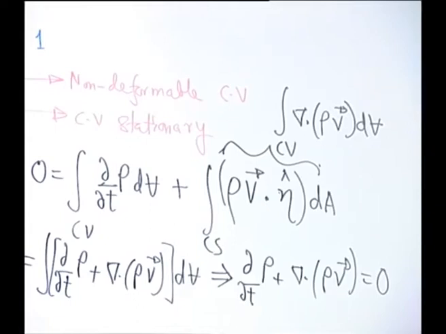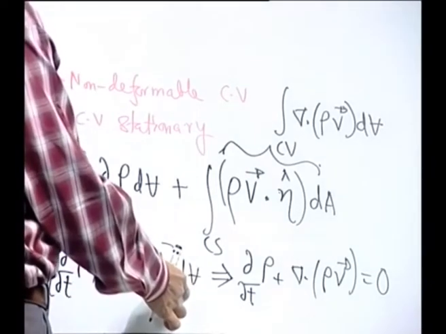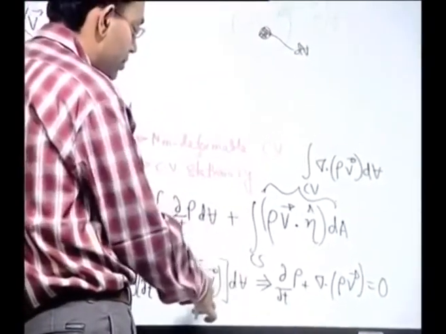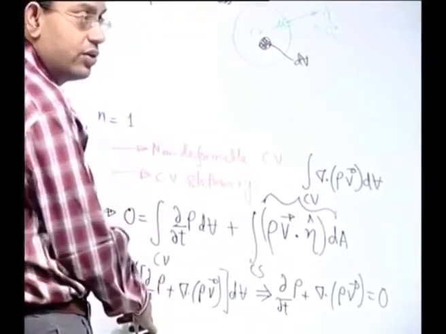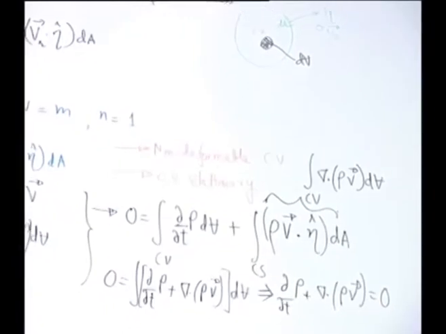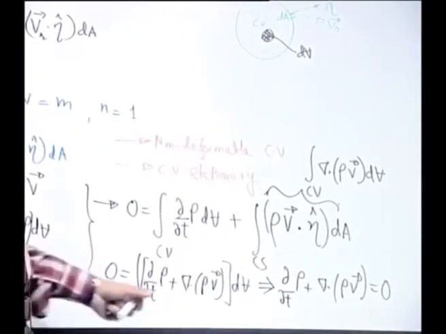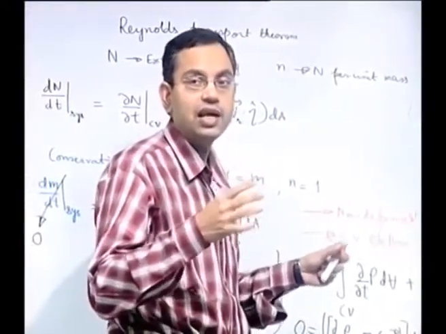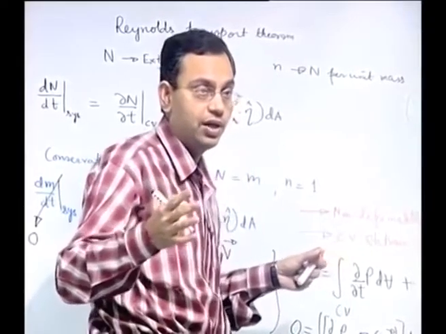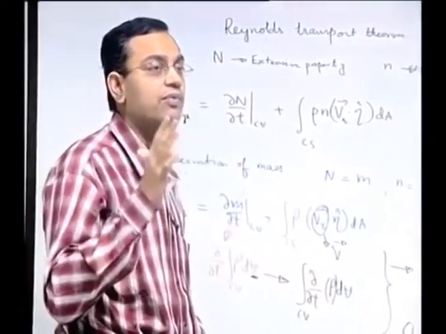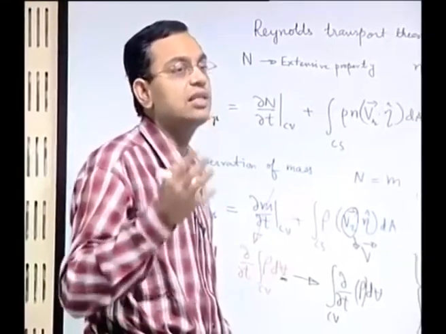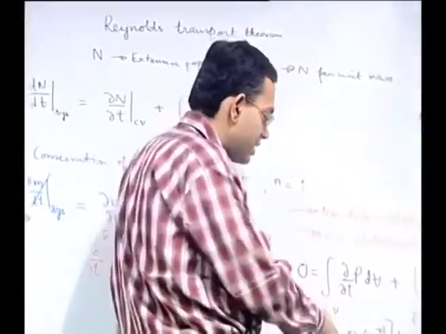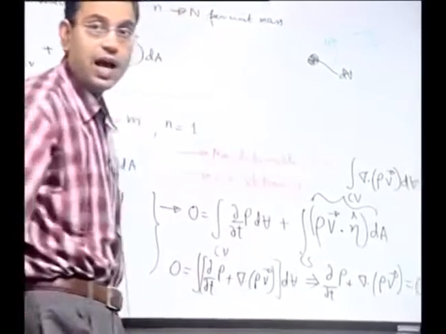So, we have to keep in mind that if the choice of this elementary volume was not arbitrary, then it is not always possible to conclude from this that the function itself is 0 if the integral is 0. For example, you can have the function as a sin x function, which over its period its integral is 0, but that does not mean that sin x itself is 0 at all points within the period. But we have to keep in mind that there the choice of dx, integral sin x dx, that dx is not arbitrary, it is confined within a particular period, whereas here the choice of dV is absolutely arbitrary.